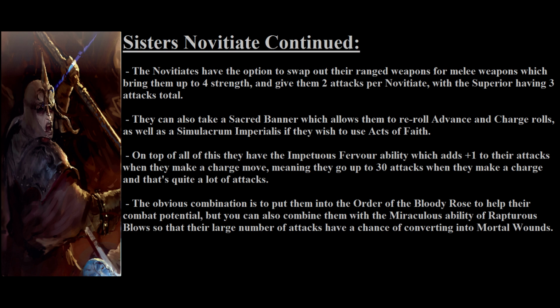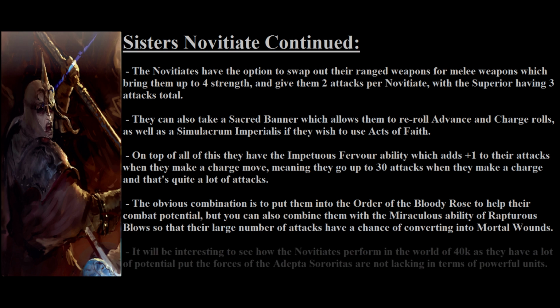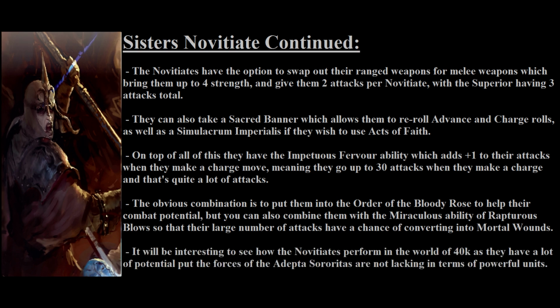seeing as the miraculous ability can allow them to generate quite a few additional mortal wounds due to the volume of attacks that they would be putting out with their melee weapons on the charge when in the order of the Bloody Rose. As a whole, the novitiates are an interesting choice that may encourage more Canoness and Palatine play, as it's a unit of rather inexpensive models when it comes to points that can put out a surprising number of melee attacks. As a whole, I'm excited for this unit, and I think it's one that's going to be